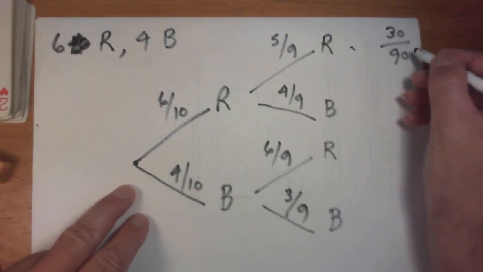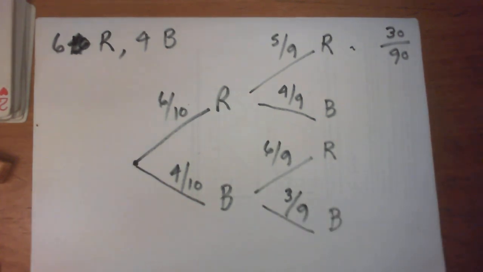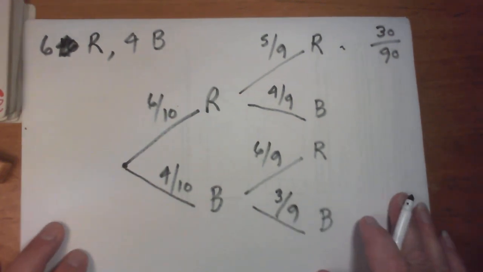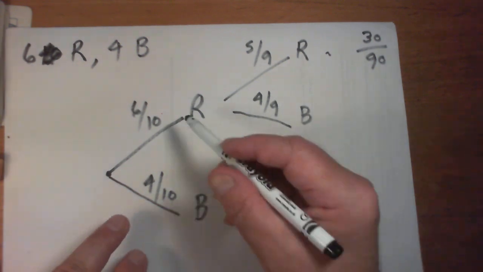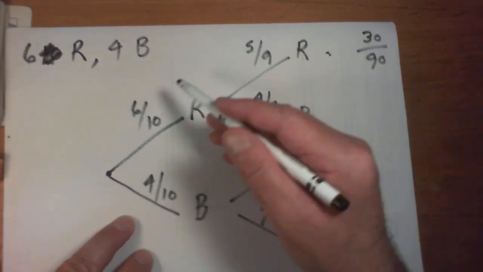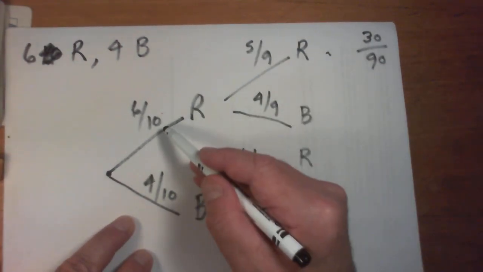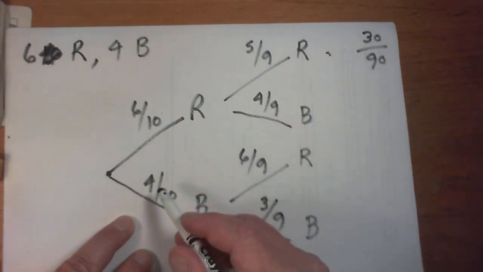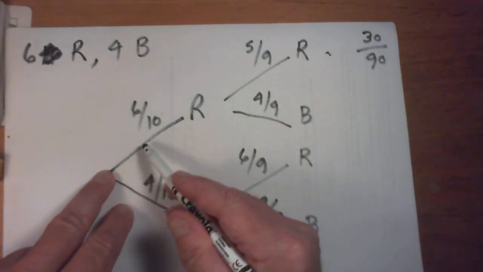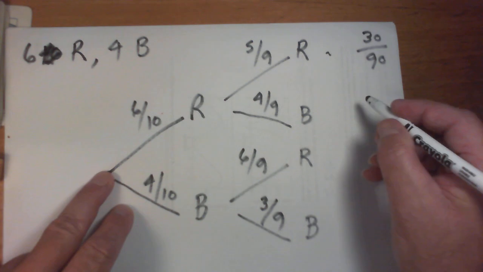Okay. Again, I'm going to keep them in these figures. It's just more convenient. So 6 times 5 is 30. On the bottom, 10 times 9 is 90. Same thing, same logic again for this. A red first and then a blue. That gives me